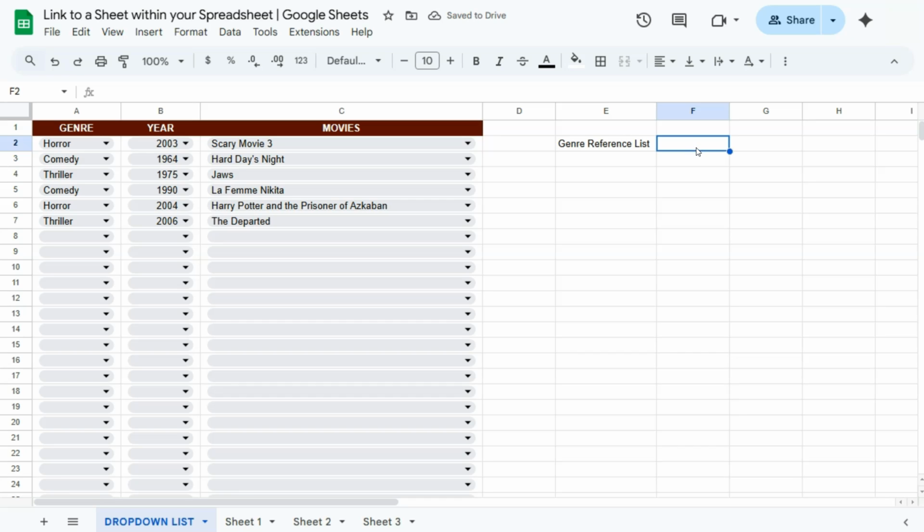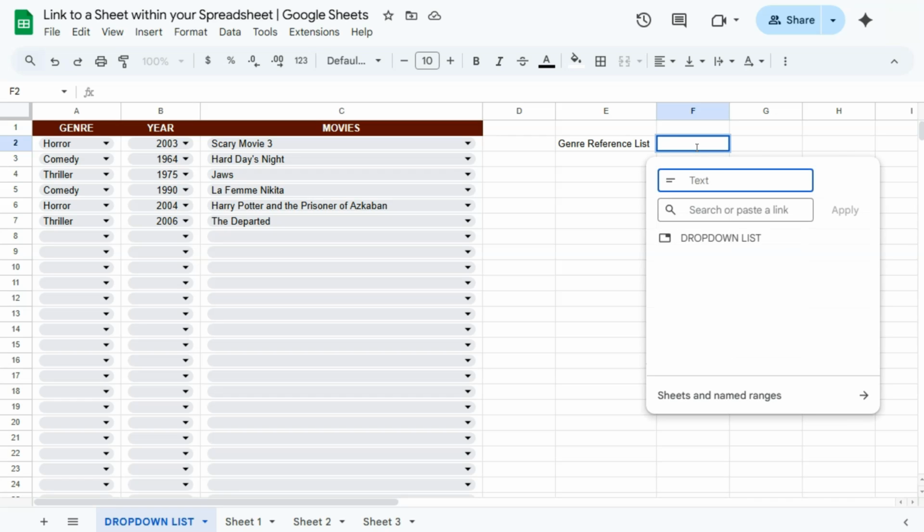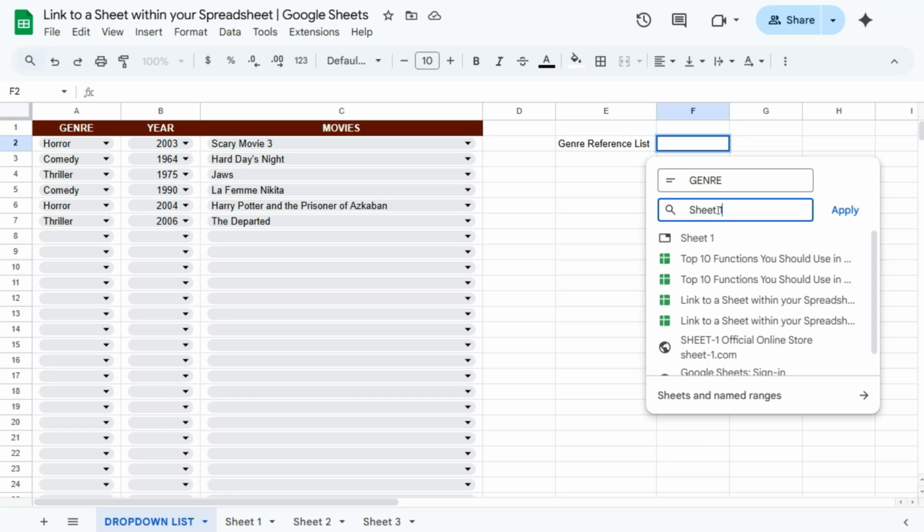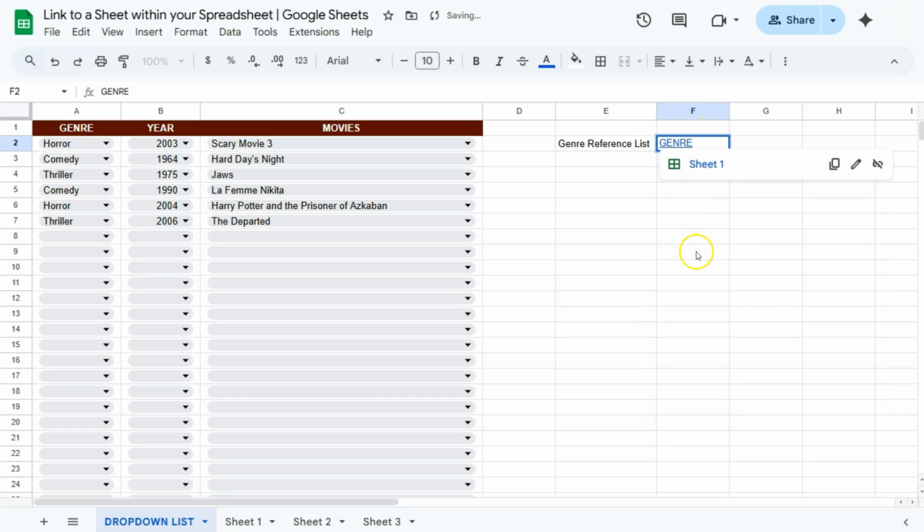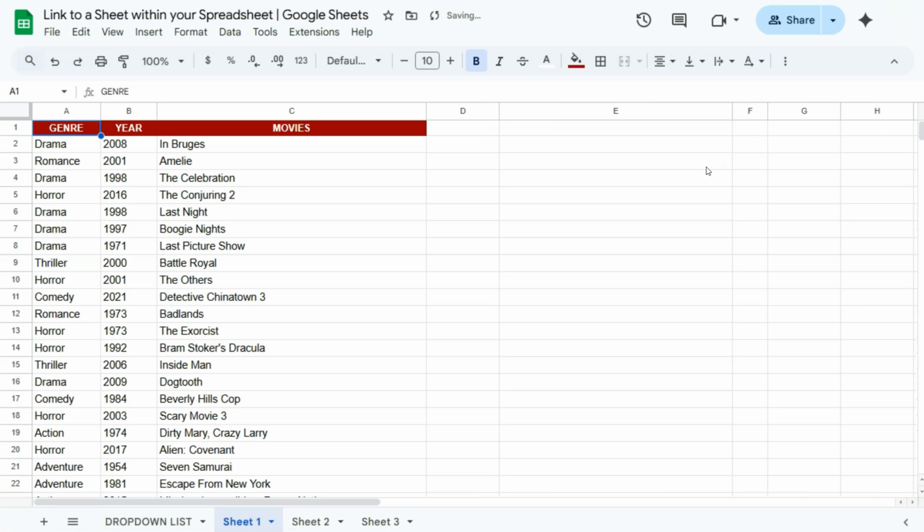So to create that link or to insert that link, we're just going to press Control K or Command K on our keyboard. There you go. We can put here genre, then create or search our link, which is our sheet number 1. There you have it. So I'm just going to select that, and there you go. So we have the word genre with this link right here. If I click on it, it automatically opens our sheet number 1, which is our reference for our first drop-down